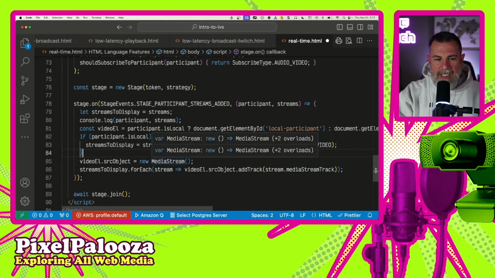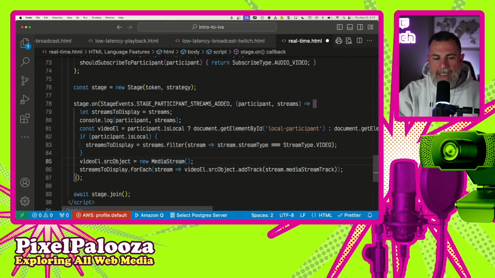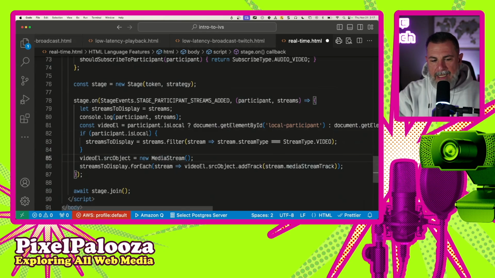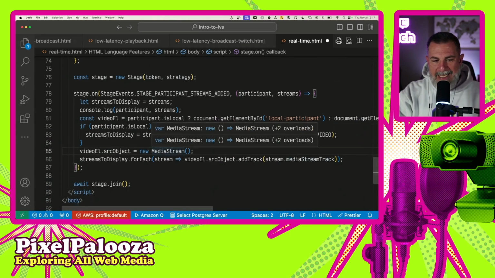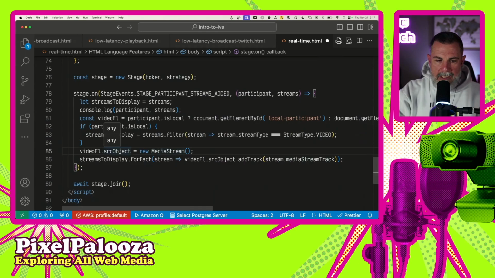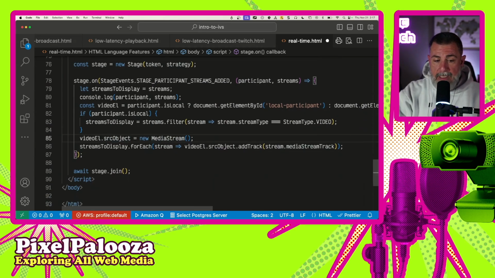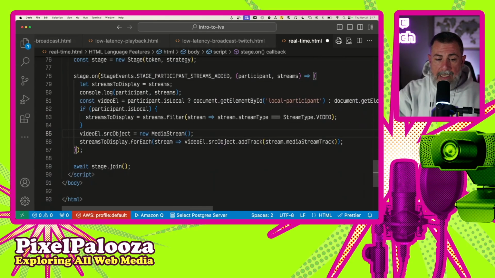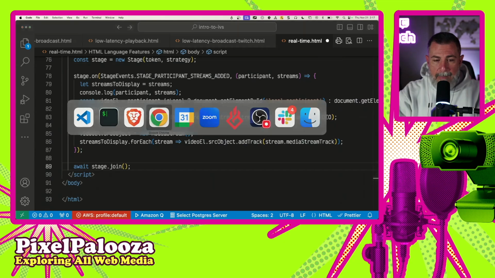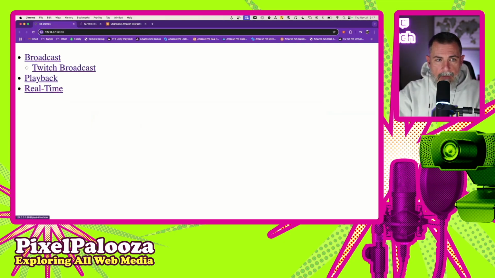So once we have the streams that we want to display, we take our video element and create a media stream and set that as the source object of the video element. And then we simply add all of those streams that we want to display to that. And finally, we call stage.join. Once we do that, if we hop over here